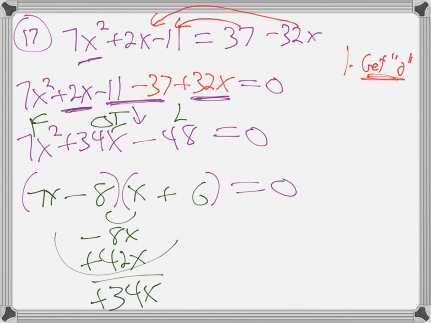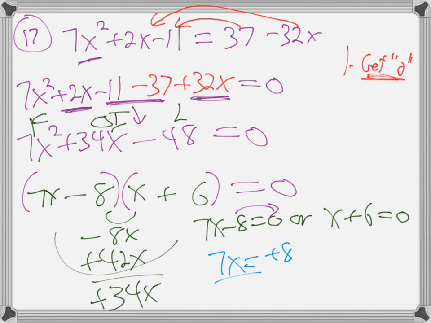And then remember what you do, you just set each one equal to 0. So then 7x minus 8 is 0, or x plus 6 is 0. You just finish them up from there, right? Jump this over. What do we get? 7x is positive 8, right? Divide by 7, there it is. Jump it over. Negative 6, positive 8/7. We're done. All right, that section is